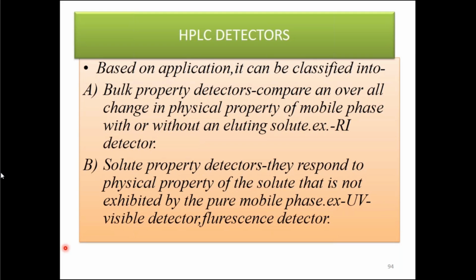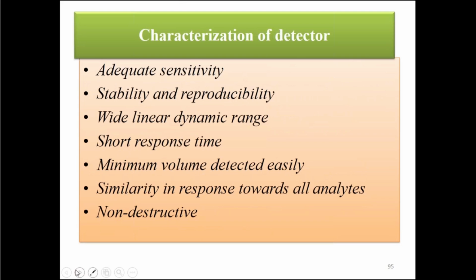So even if a small amount of solute gets eluted out, it will immediately be recorded. And that is why we say solute property detectors have more sensitivity than bulk property detectors. Now, the characterization of detectors. What are the desirable features of detectors? The detector should have adequate sensitivity, should be capable of measuring very small amounts of solute